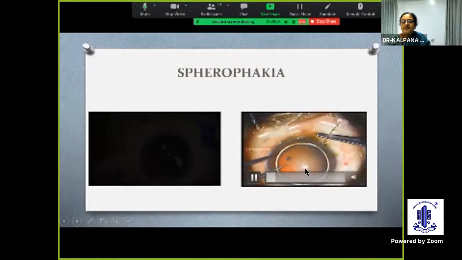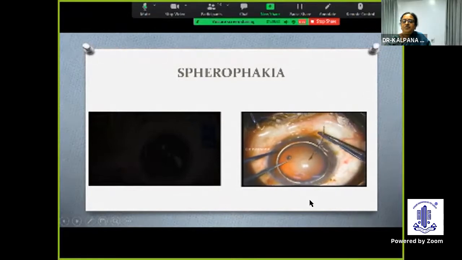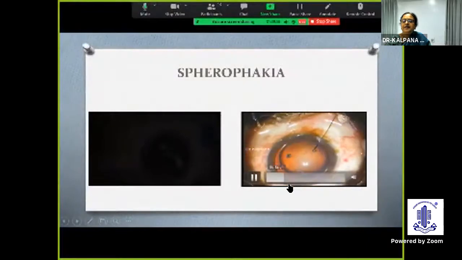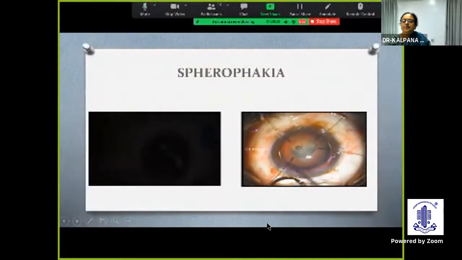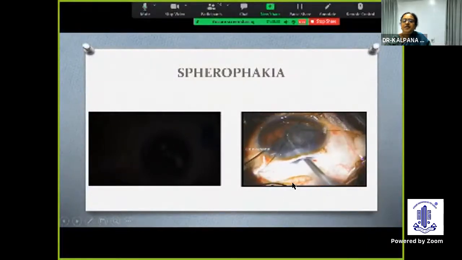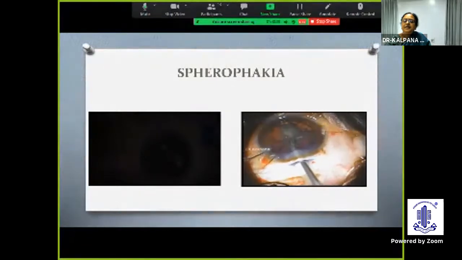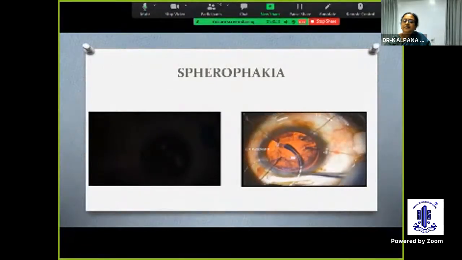So I did not even use a dye. You can see the golden ring, and we're using the iris hooks to stretch the bag. You can see the intact zonules very clearly here. And this is a little hard, so I'm using the phaco with the epinuclear mode to aspirate. And you're trying to put the CTR and place an intraocular lens.